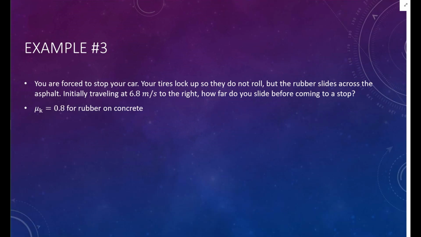All right, so we're going to do another example problem. We're forced to stop our car. Your tires lock up so they do not roll, but the rubber slides across the asphalt. Initially traveling at 6.8 meters per second to the right, which is positive. How far do you slide before coming to a stop? And we're given the coefficient of friction for rubber on concrete. So if I were to draw this picture,